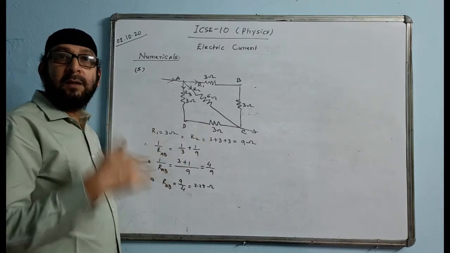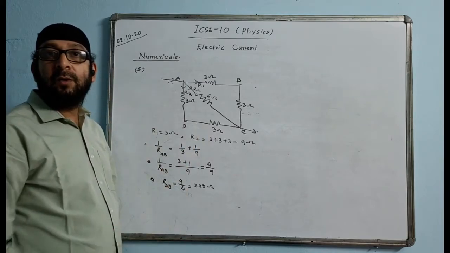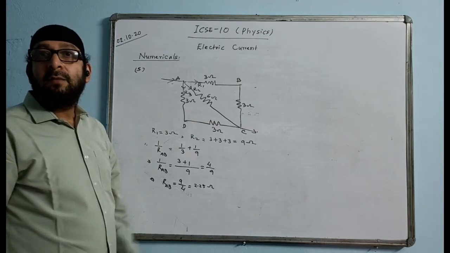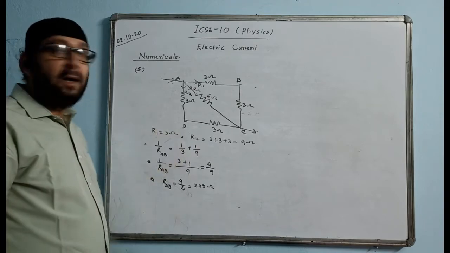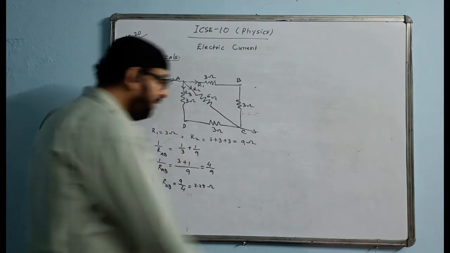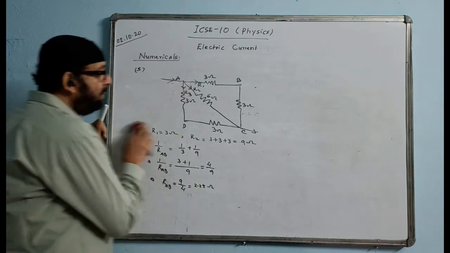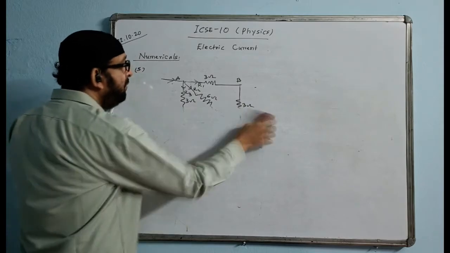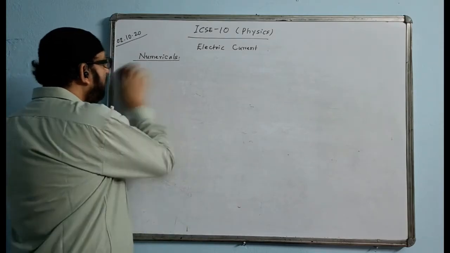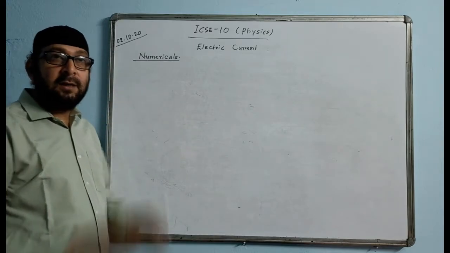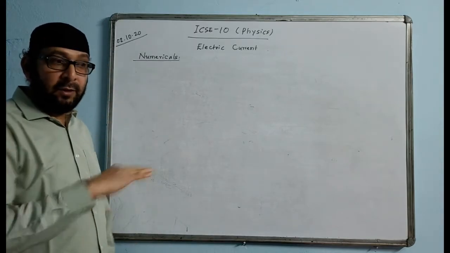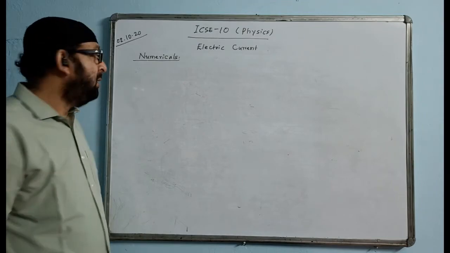And all the three of them are in parallel. So then we will be using the formula of parallel. Then 1 by R is equal to 1 by R1 plus 1 by R2 plus 1 by R3, and then we would find the answer. If there is any complicated network given, we have to decide series and parallel by checking whether the current is dividing or not. If the current is dividing, they are in parallel. If the current flowing is the same, they are in series.